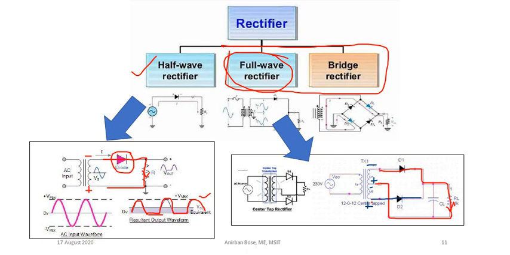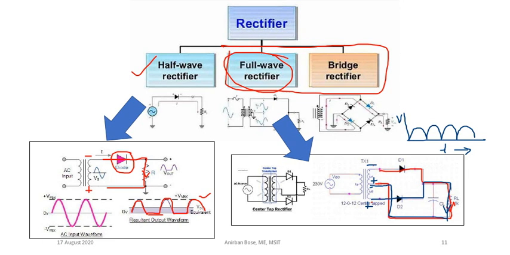So what will happen? So current will flow in this way, and you see in both half cycles the current is flowing through the load in the same direction, so you are getting a DC. Okay, so you are getting a DC current in both half cycles. So at the output you will get this kind of a full wave rectification. Okay, here it is the voltage and here it is the time.